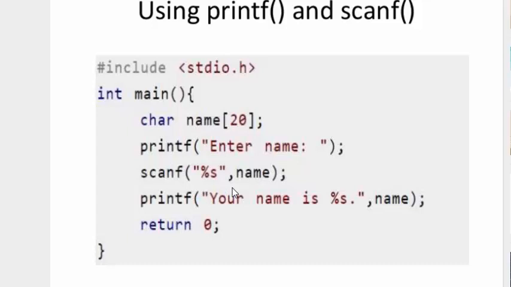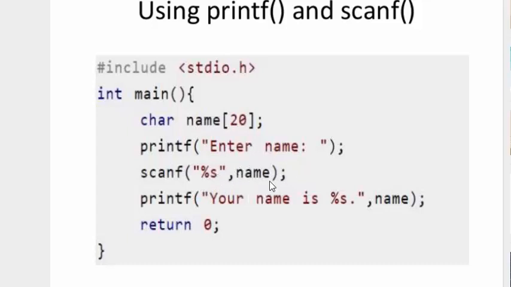For that we are using scanf with %s for string and name here. That means, let's say I have read hello, the whole HELLO will be read at once and will be stored in the name array.